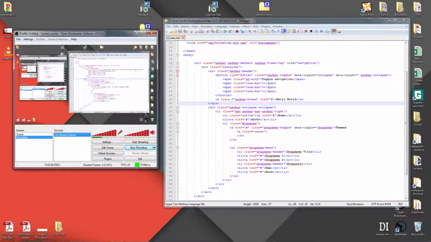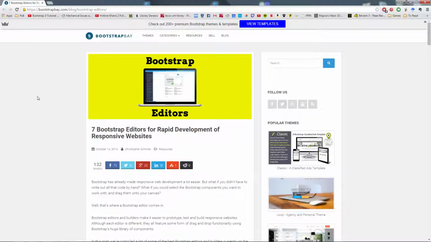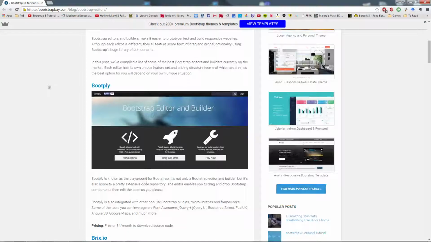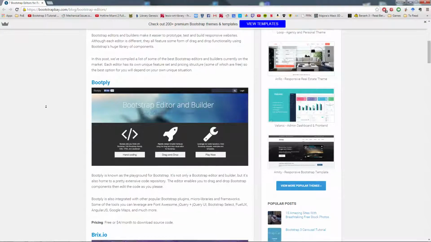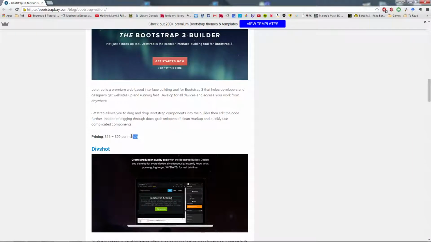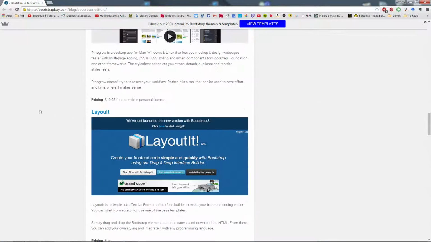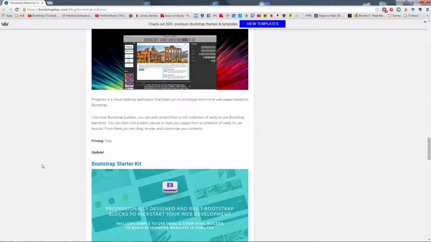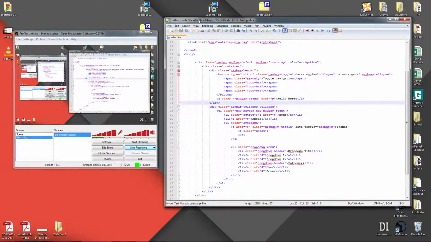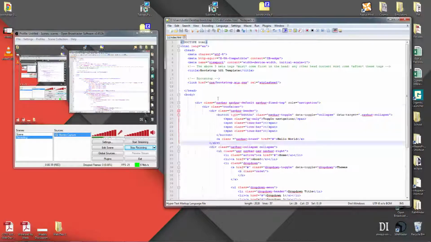You wanted us to share the environments that we made it in, and I found this Bootstrap Bay website that was really nice for tutorials and some advice through their blog. I tried Bootply as an online IDE sort of setup, and it did not work well for me at all. All these others were really pricey and without a free version, and this Pingendo did not work for me at all. It would try to auto create things that I didn't want, so I ended up having to go with Notepad++, and I have some experience with it and doing some HTML, so it wasn't too bad,